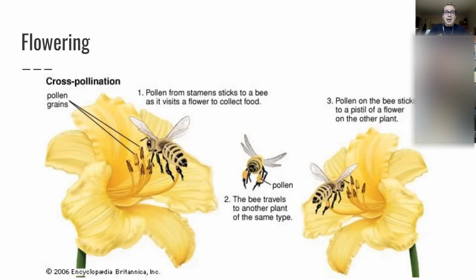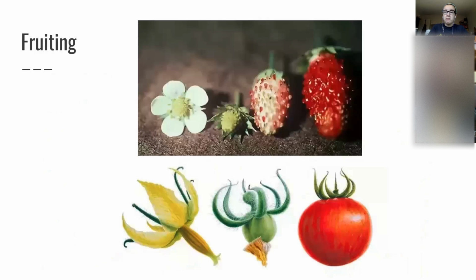And once it does that, it can fruit. So fruit is the part of the flowering plant that contains the seeds. And what the fruit does is protect the seeds, and it can also help spread them around. So many fruits are good to eat, and we eat a lot of fruits like strawberries and tomatoes that you see here. But fruits are also eaten by a lot of animals, and small animals like birds or squirrels really